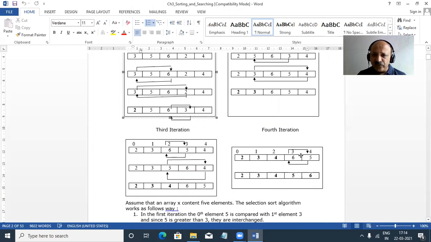And in the fourth, here you can look, there are only 4 iterations, because the fifth element is already sorted. So we take n minus 1, depending on this logic. The 0 element is compared to the rest of the elements, then the 1 element is compared to the rest of all the elements. So that is our logic.